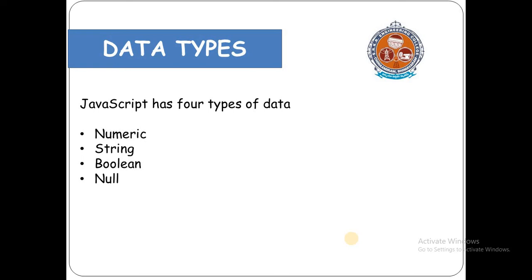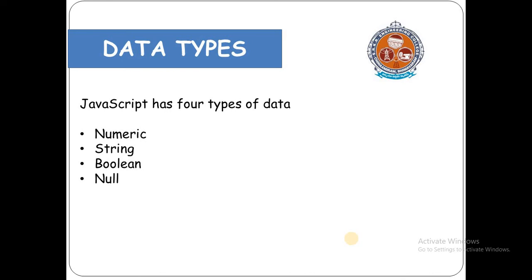The next one is string. A string is nothing but a collection of characters. There are many strings, like computer or digital, etc. A string is written using double quotes or single quotes. If you put quotes around the value, we can call the data type string. The next one is boolean. Booleans are nothing but variables that hold the value true or false. I think you already know that.